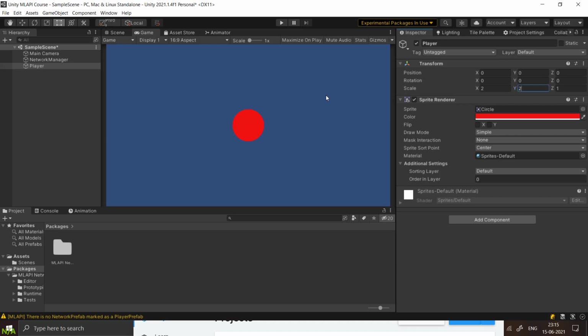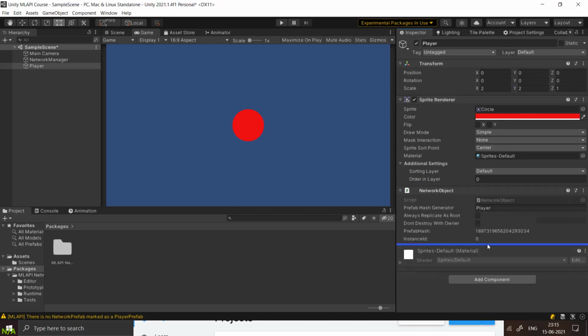So now what we have on the screen is a red player. We know that it is a player, you know that it is a player, but how does Unity know that it is a player? In order to sync its movement over the network, we have to add a network object and a network transform. So first we will add a network object.